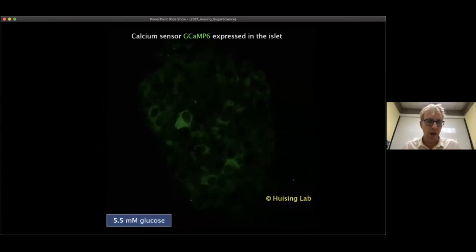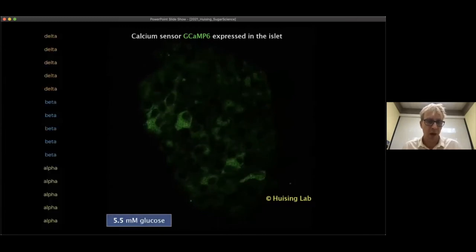So what you're looking at here is an islet that is responding. The readout here is calcium. This is an islet where we use a genetically encoded calcium sensor, GCaMP6. And the cells you're seeing firing here on the basal fasting glucose are delta cells. And they're always active. There's always this basal activity going on that we think is important in conveying delta